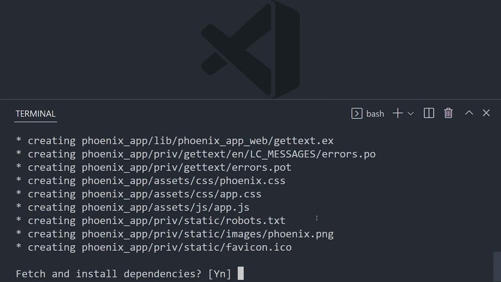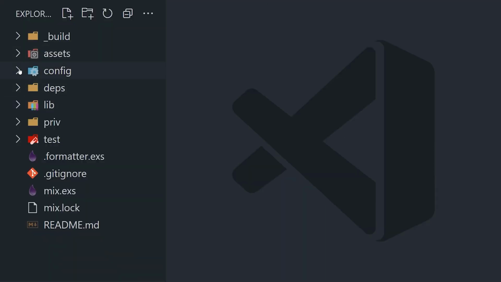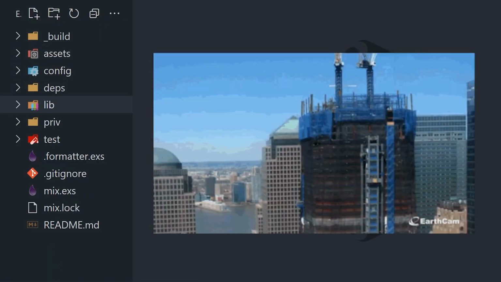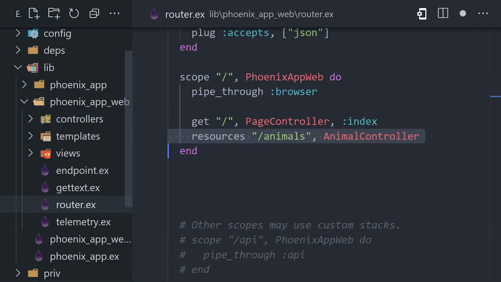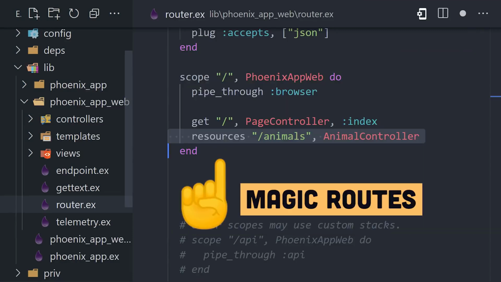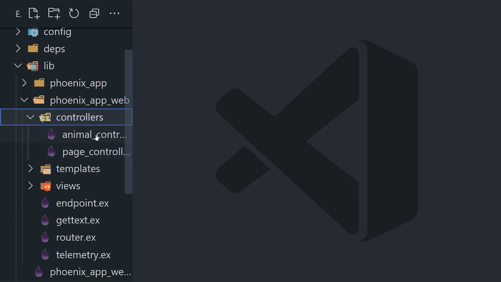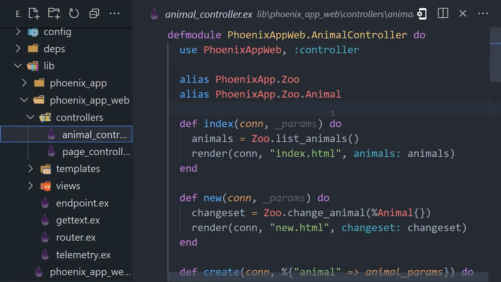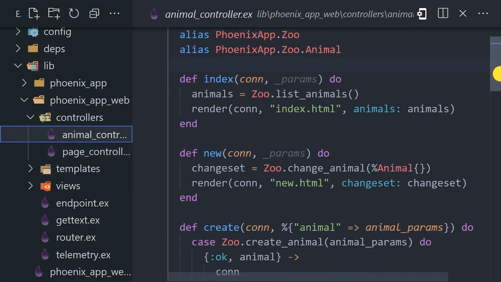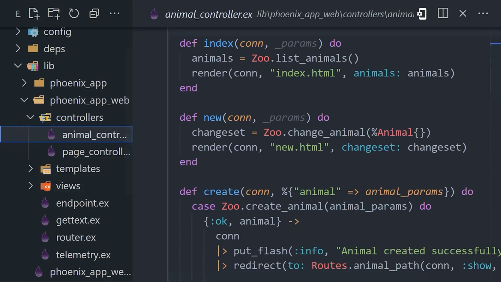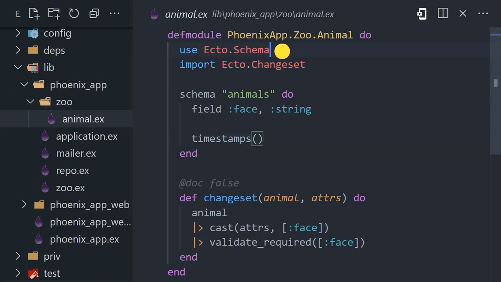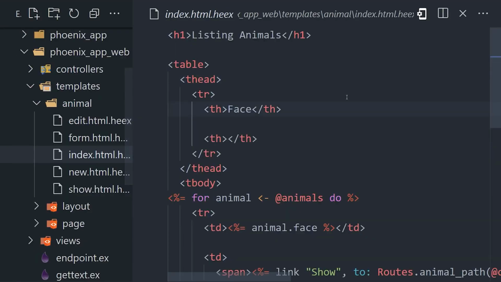Like Ruby on Rails, it has a very powerful CLI that can automatically scaffold an entire CRUD application for you. Routing is also very similar to Rails, where we have resources that map all the necessary CRUD URLs to the controller. In the controller, we have functions namespaced under a module that access data and render the appropriate template. The model uses an object relational mapper called Ecto, and templates use embedded Elixir, which again feels very similar to